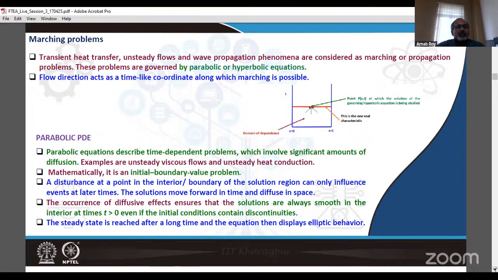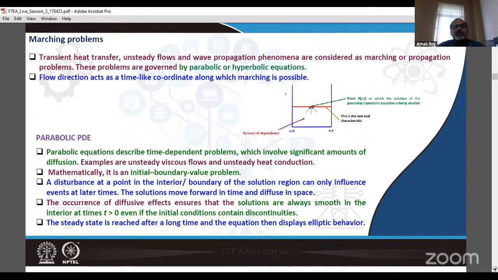And coming to the parabolic partial differential equations, they describe time-dependent problems which involve a significant amount of diffusion. So the examples are unsteady viscous flow and unsteady heat conduction. Now, the Stokes' first problem is related to unsteady viscous flow kind of a problem. If you look at the mathematical nature of the problem, it is an initial boundary value problem, because you remember